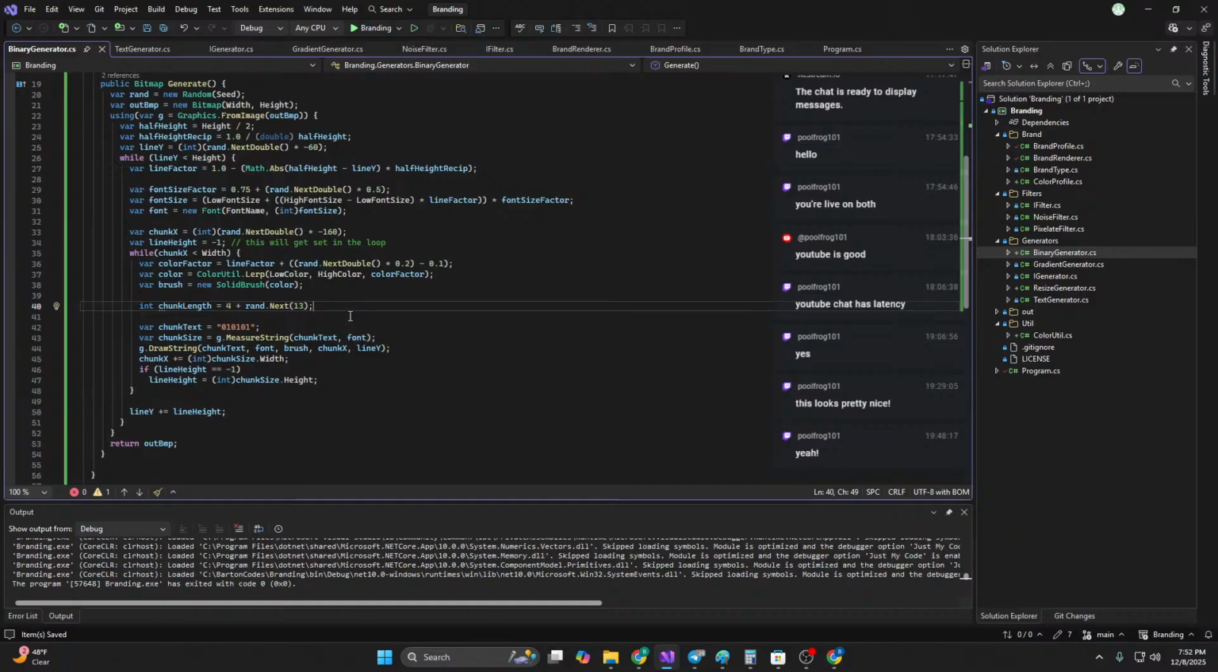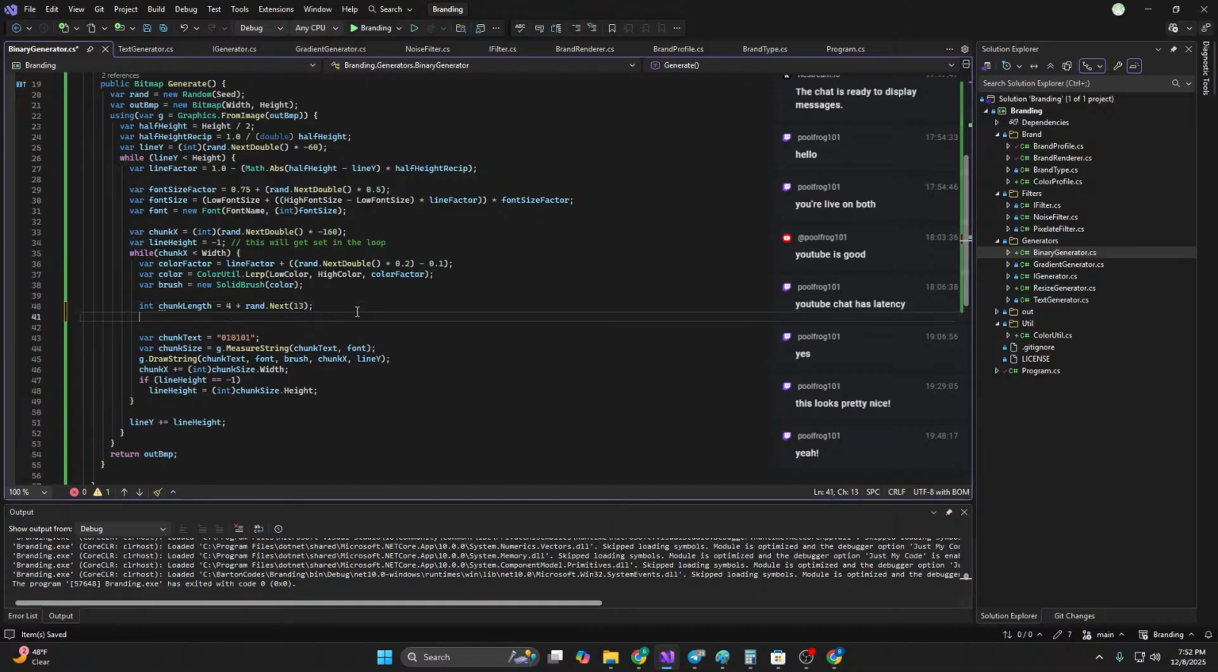Now for the chunk text, how do we want to actually get the ones and zeros? It can be anything up to 16, right? So we could just do rand.next, which is going to give any integer, so it's basically 32 bits that are randomly generated. So then to get the actual characters,